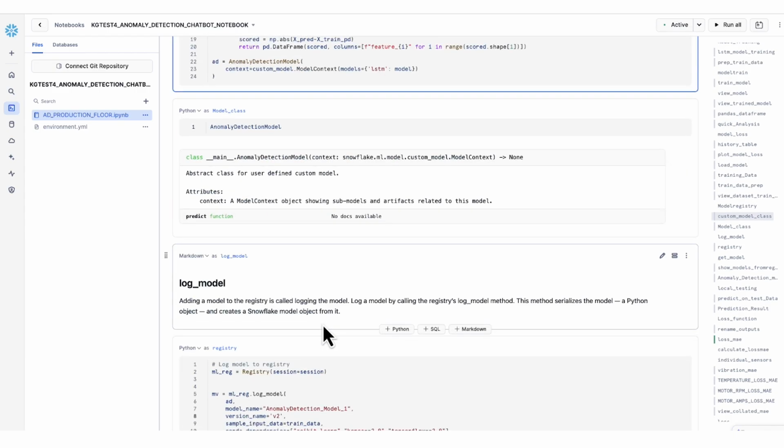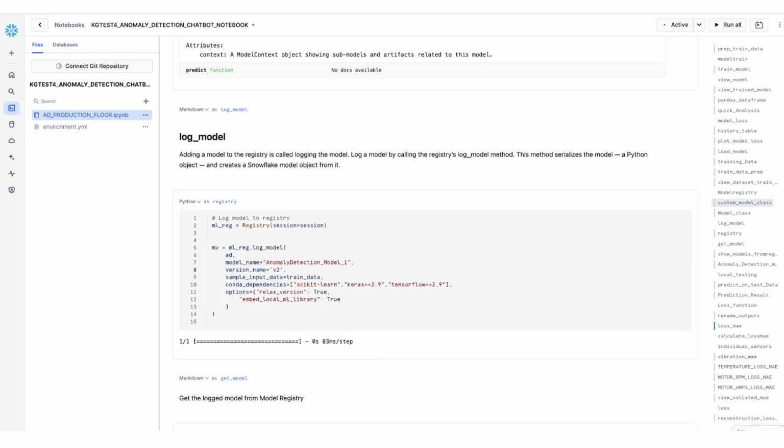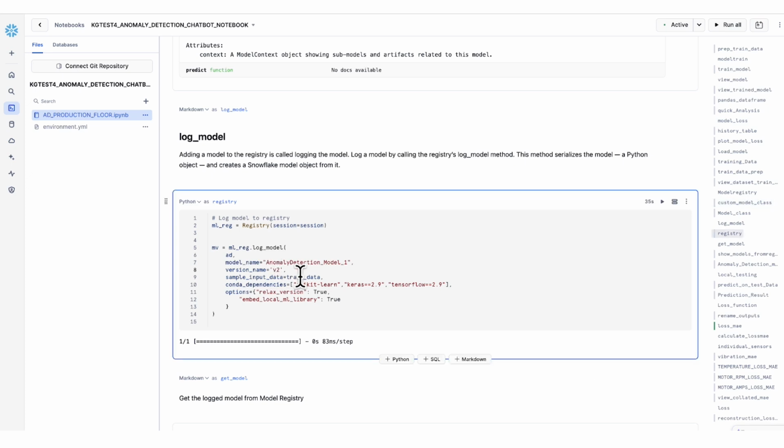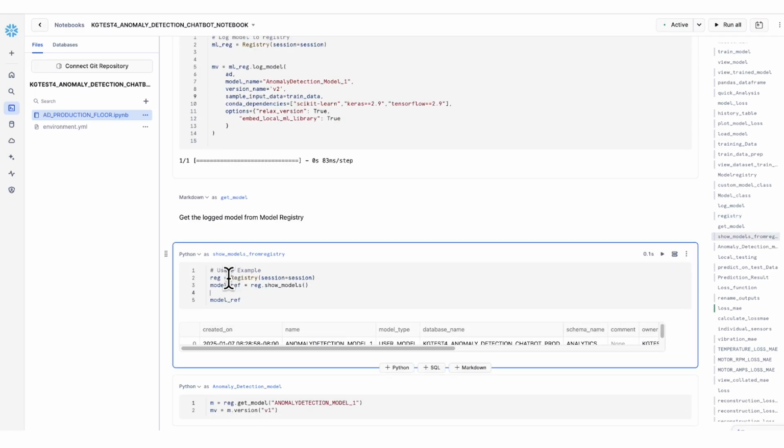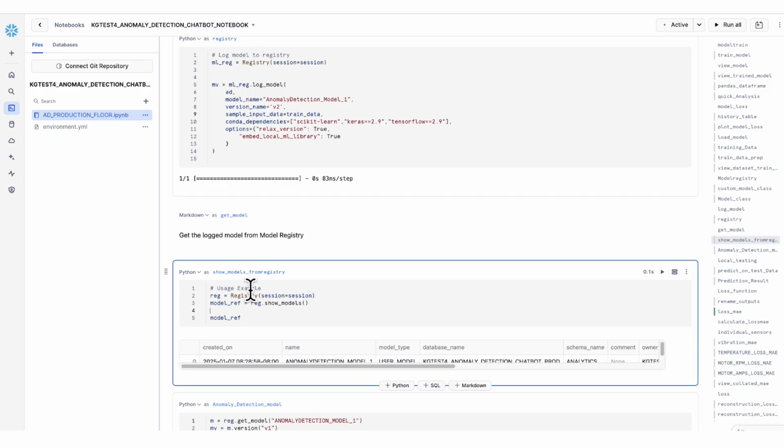Custom model class, and then you can use the log method from the Snowflake model registry to save the model in the model registry itself. The log method will save the model in Snowflake's model registry with the name, version, what my input data looks like, and the different library dependencies that my model would have inside it. And I can retrieve a reference to this particular model object that I have saved using this